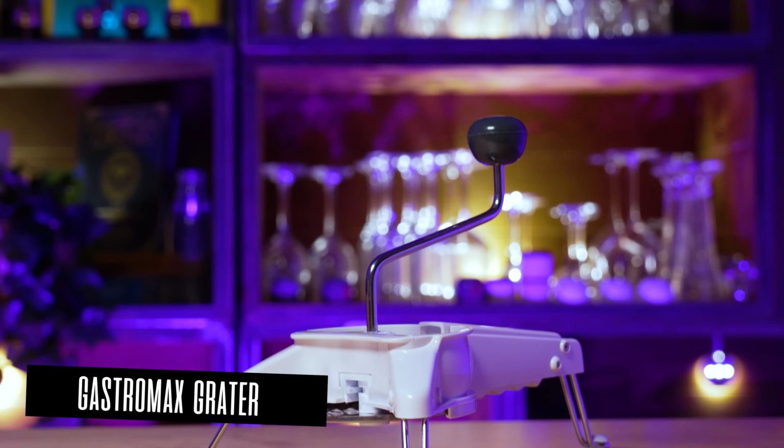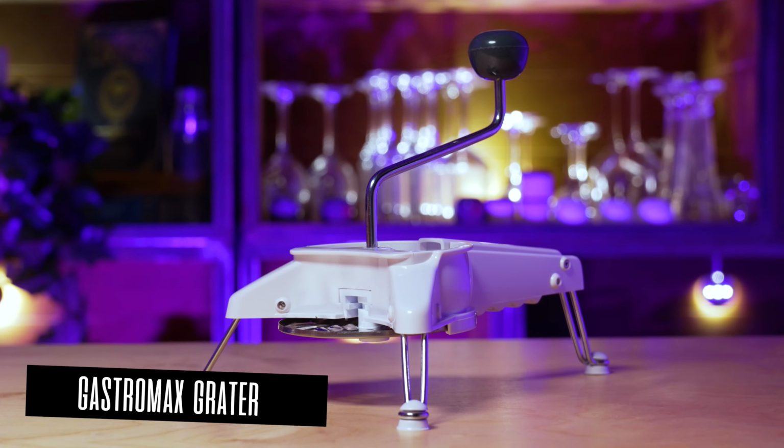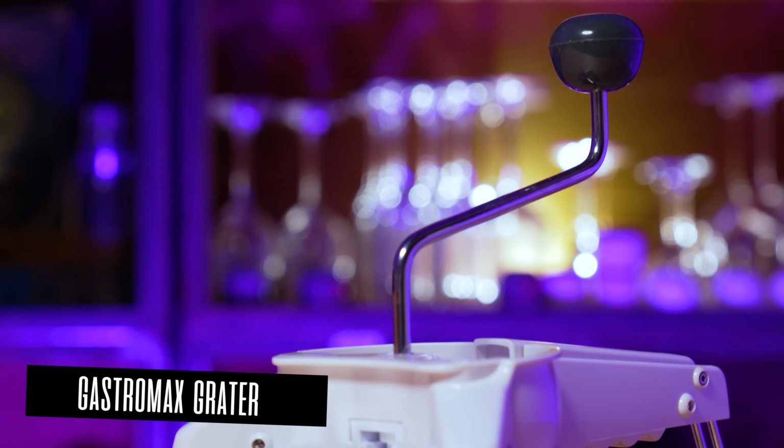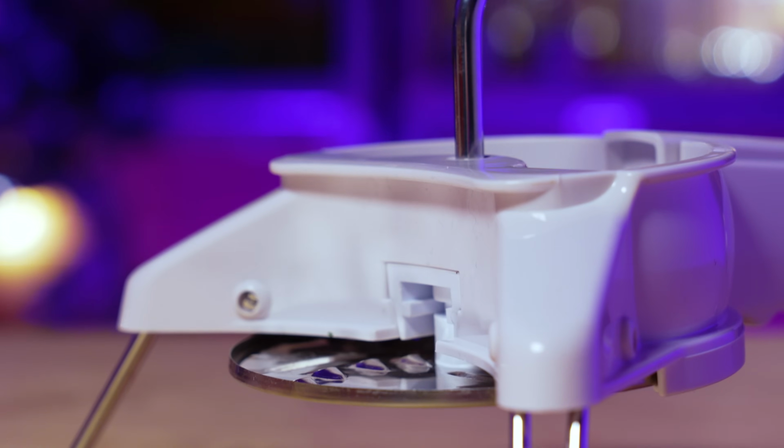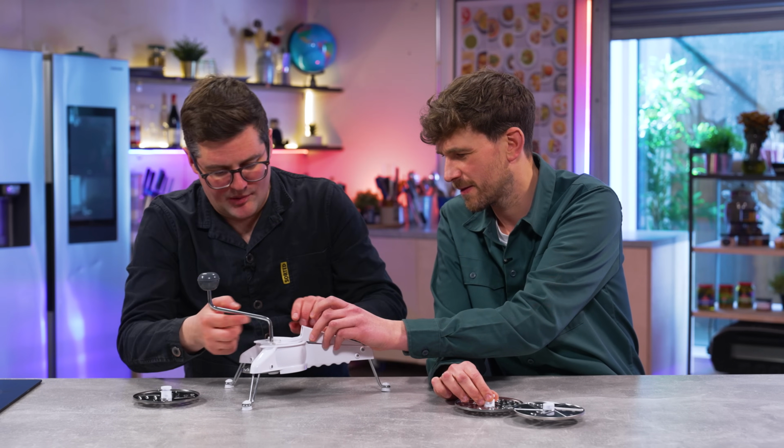Okay. Yes, this is the Gastro Max grater, and it makes grating quick and easy even for bigger batches. Simply lift the containing separator and add your ingredients before applying light pressure to the handle and rotating using the turning knob. So it took me a while to figure it out, but essentially